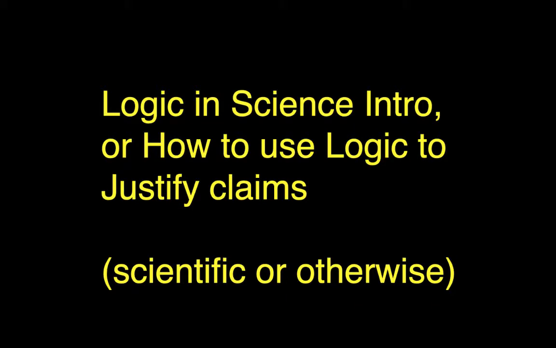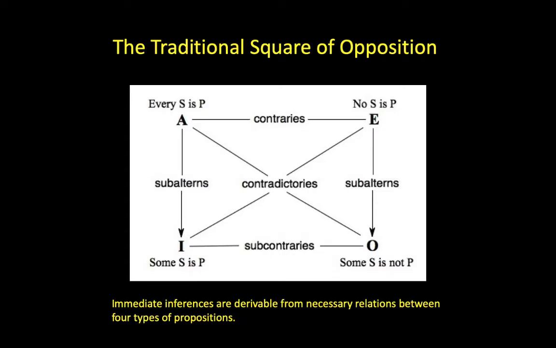So here comes my brief introduction to logic in science, or how to use logic to justify claims, scientific or otherwise. Here is the traditional square of opposition. I gave you a very brief look at this in the first lecture. I want to give you some more details so you understand this relation between these propositions. That is, the sorts of immediate inferences